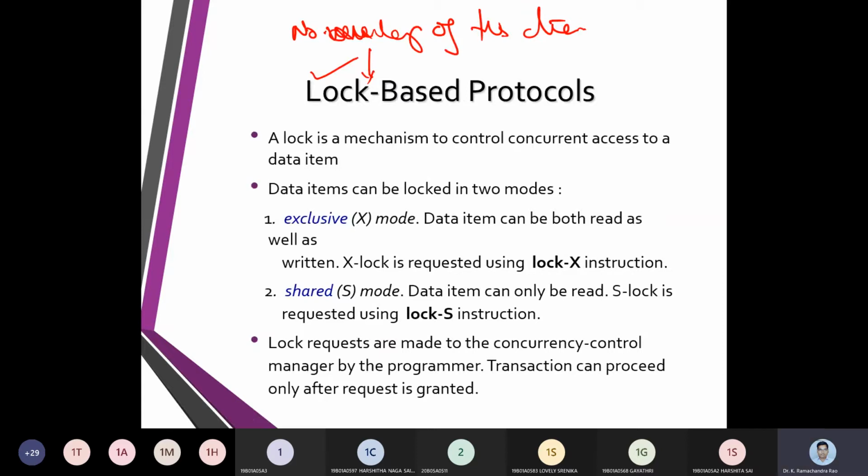So as far as locking is concerned, it is a concurrency control mechanism to access the data item.